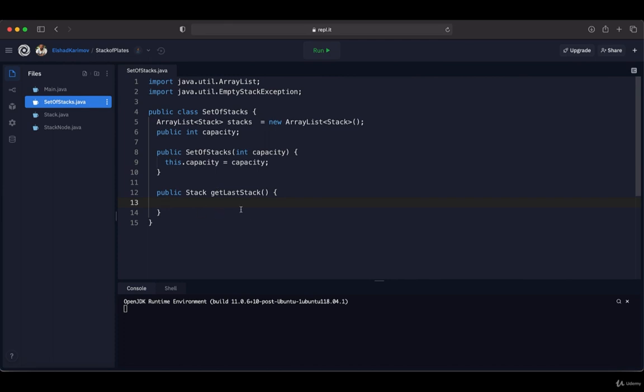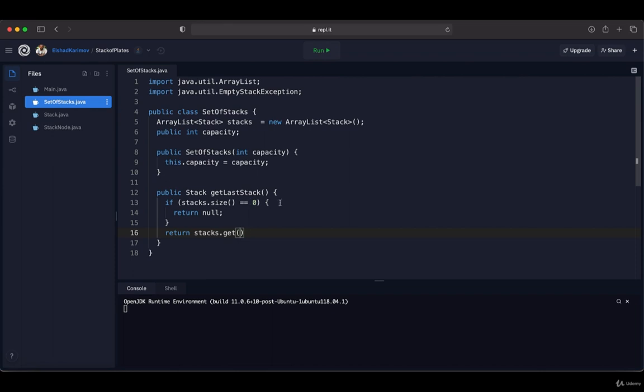Based on that index, we can return the last stack. So it's going to be like this: if stacks.size, this size function comes from this array list, is equal to 0, in this case we don't have any stack in our stack list, so I'm going to return null. Otherwise, I'm going to return